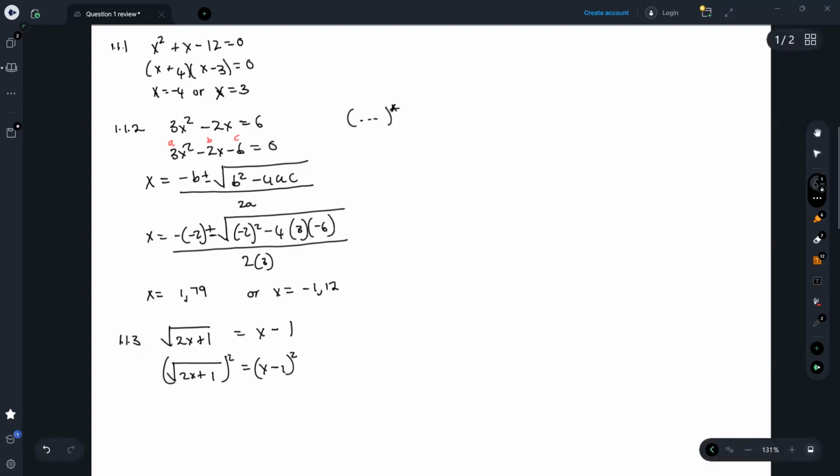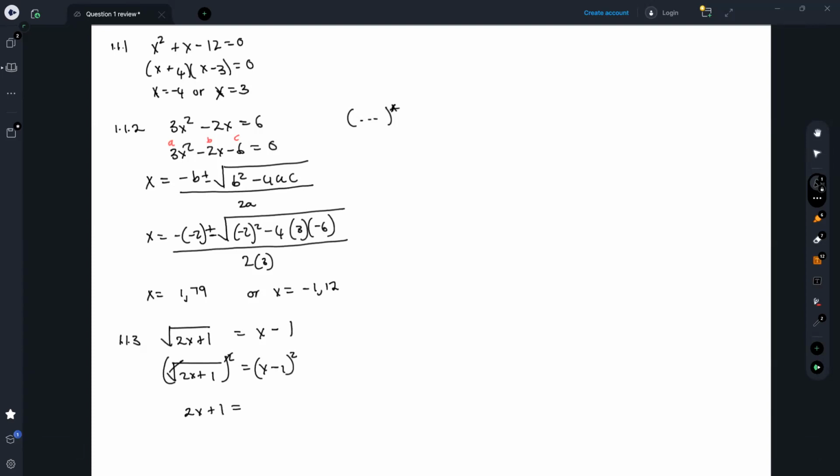Since the square root is isolated, a term alone on one side, we don't need to move anything else. So this becomes easy, right? Now, the opposite of square root: we know that this will cancel that, and we're going to be left with the contents. So we're going to have 2x plus 1 is equal to